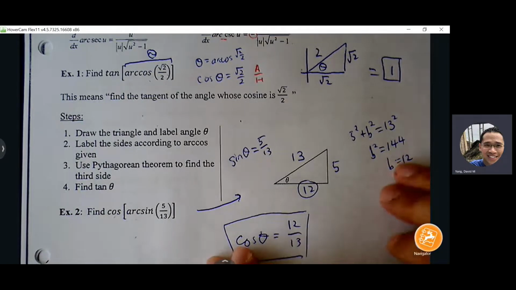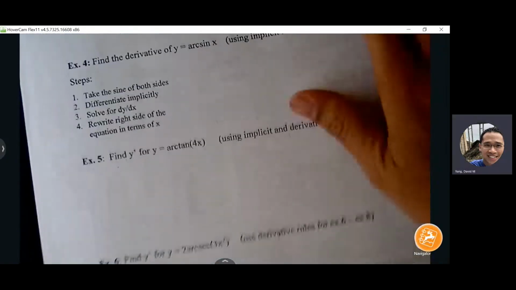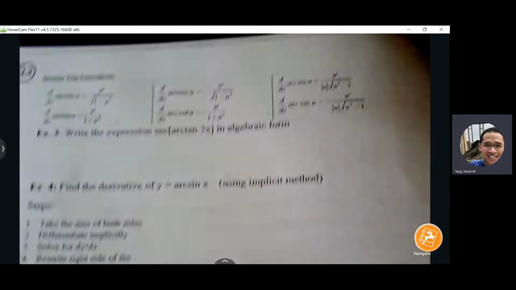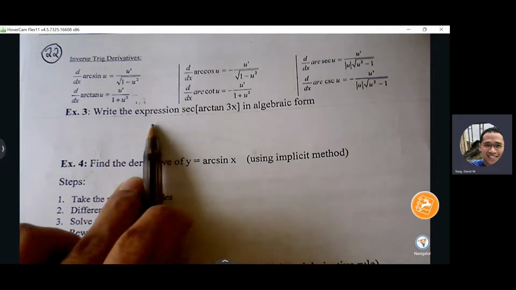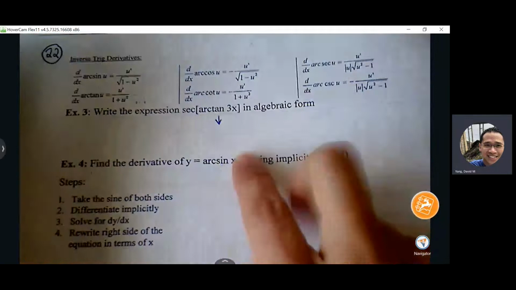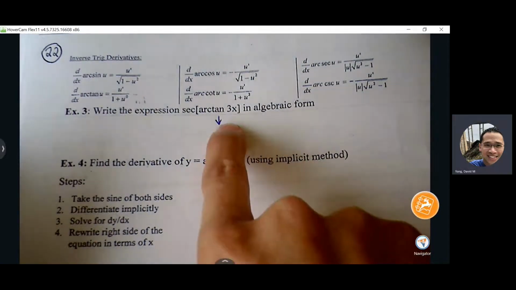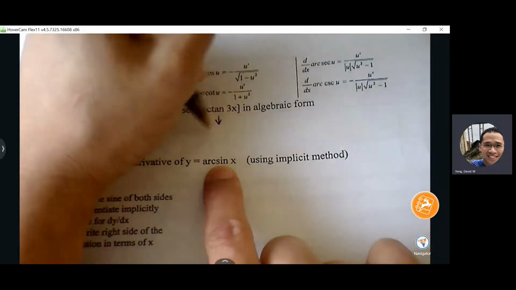Okay, next page. Let me do one more of these, but involving variables. And we're going to see this come into play later on when we are trying to clean up our derivative answer. So example 3, write the expression secant of arc tangent of 3x in algebraic form. First thing you want to do is build the triangle based off of that arc tangent of 3x. In other words,